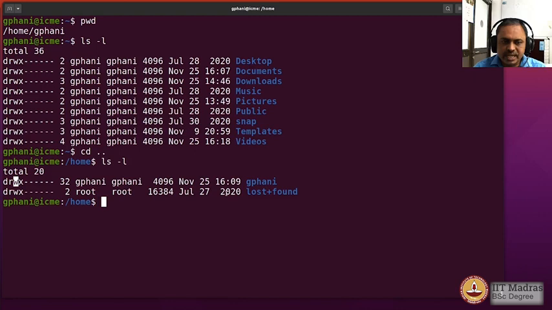Also, you would notice that the rest of the permissions for the group or for others is all empty, which means that I have not given permissions for any other user to do anything in my home directory, which is also a standard practice.